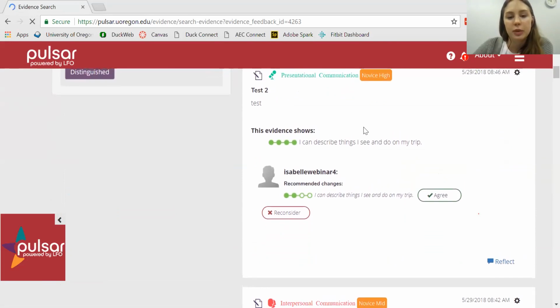So if we scroll down here, we can see that this piece of evidence, which I reviewed just a moment ago as the teacher, has now appeared on the student's side. This teacher asked the student to reconsider. And the student now has the same ability to either agree with the teacher's assessment or ask the teacher to reconsider. So this creates a really intentional back and forth between student and teacher that helps